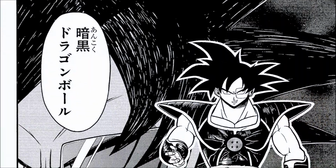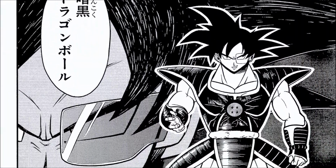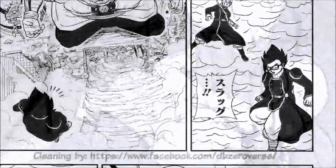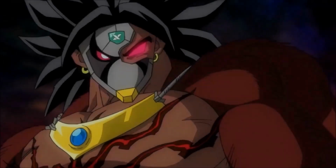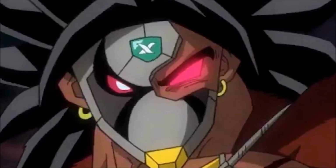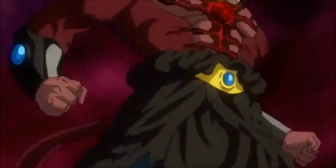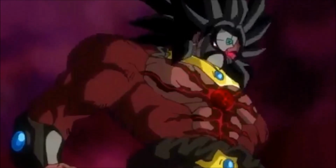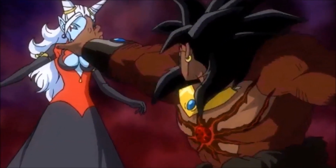The 4-star Dark Dragon Ball goes to Turles, who actually gets ridiculously stronger than ever. 5-star goes to Janemba, 6-star goes to Lord Slug, and the 7-star Dark Dragon Ball goes to Broly, who's already got a Time Breaker mask on, and then he becomes Dark Broly. Yeah, it's crazy. And of course, when it comes to Broly, him having all that power means you can't even